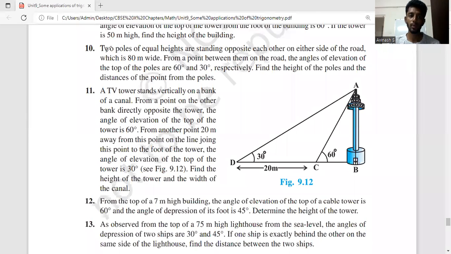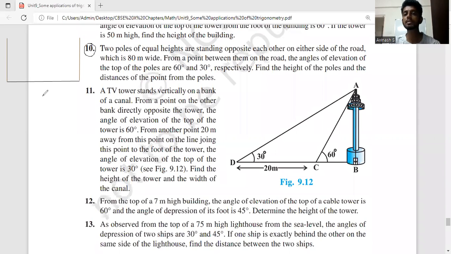Now let us learn how to do the 10th question. It has been very clearly given that two poles of equal height are standing opposite each other on either side of the road. Now let us imagine this is the road and these are the poles. They have very clearly given that both the poles are of equal height, so I'm not drawing one of them taller. I'm drawing both poles of equal height, which has been clearly mentioned in the question. Two poles of equal heights,